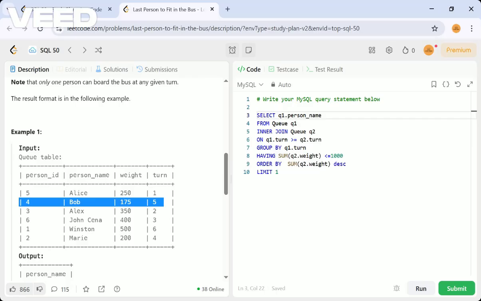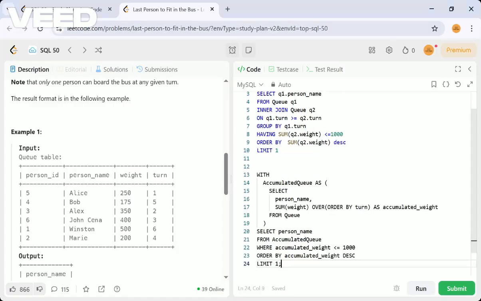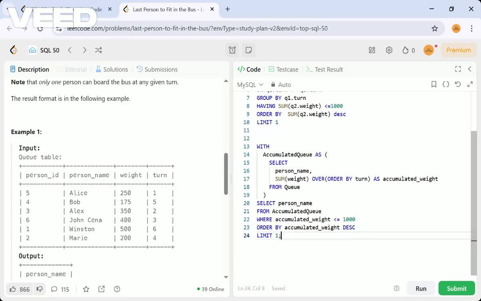The same problem we can also solve using another format, using a CTE. If you remember the CTE concept, you can solve this particular thing using that also. So with a CTE, give some name for the CTE, select person name whose weight is over, partitioning by turn.